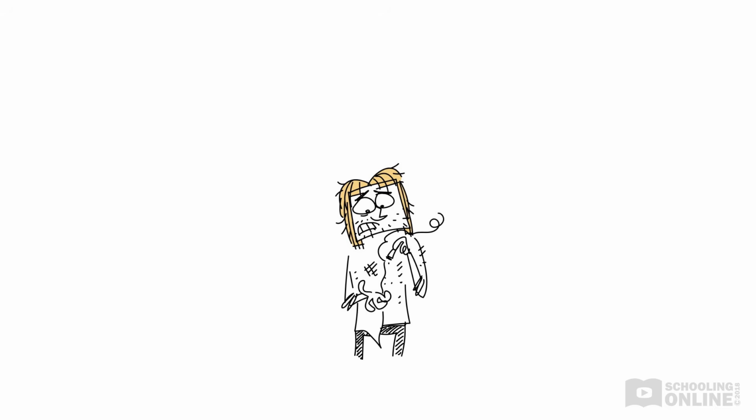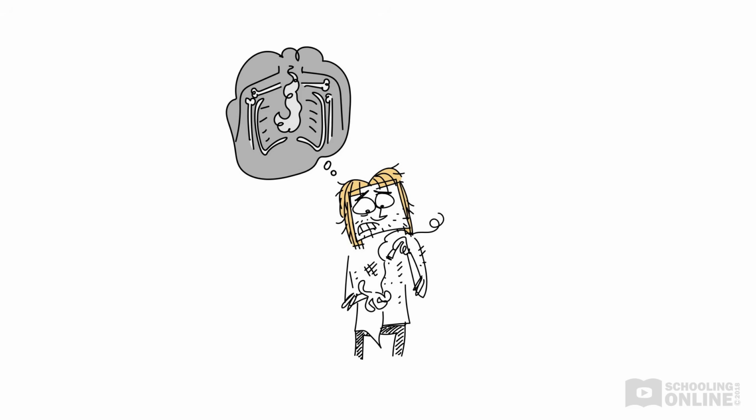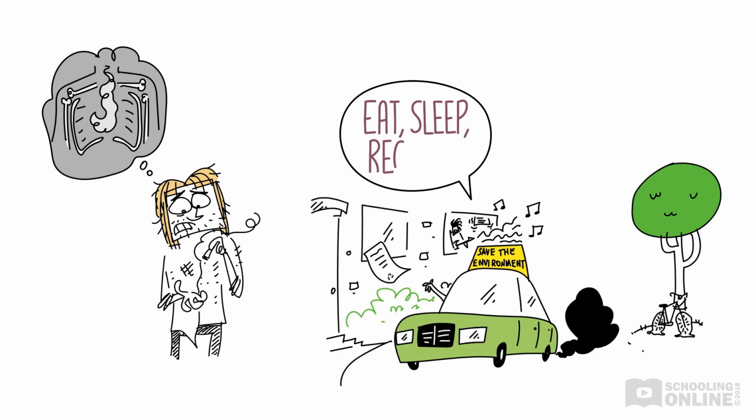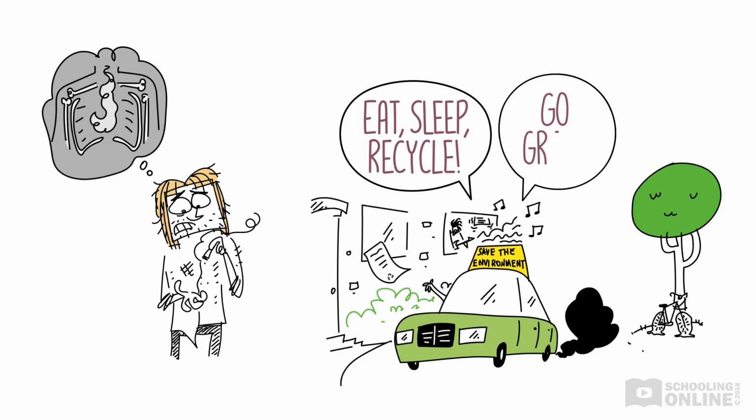For example, many smokers admit to actually hating smoking because of all the associated health risks, but they nevertheless continue to smoke. And lots of people know that we should be more environmentally friendly, but we don't really make a huge effort to change our lifestyles. We still drive a car to school instead of riding a bike, forget to recycle our paper, and use too much electricity, even though we know that it would be good to live more sustainably.